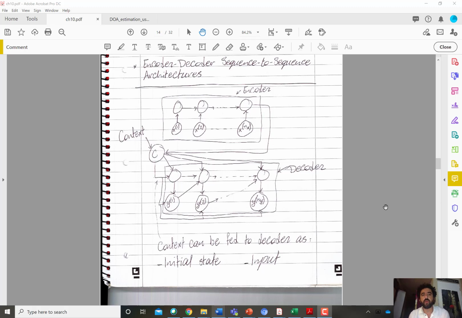Hi everyone. So in this video we have a brief discussion of one mechanism to handle the applications where the input and output have different sequence lengths. And this class of architectures that we'll discuss are called encoder-decoder sequence-to-sequence architectures. And as the name suggests, basically it consists of an encoder, which in the example plotted here